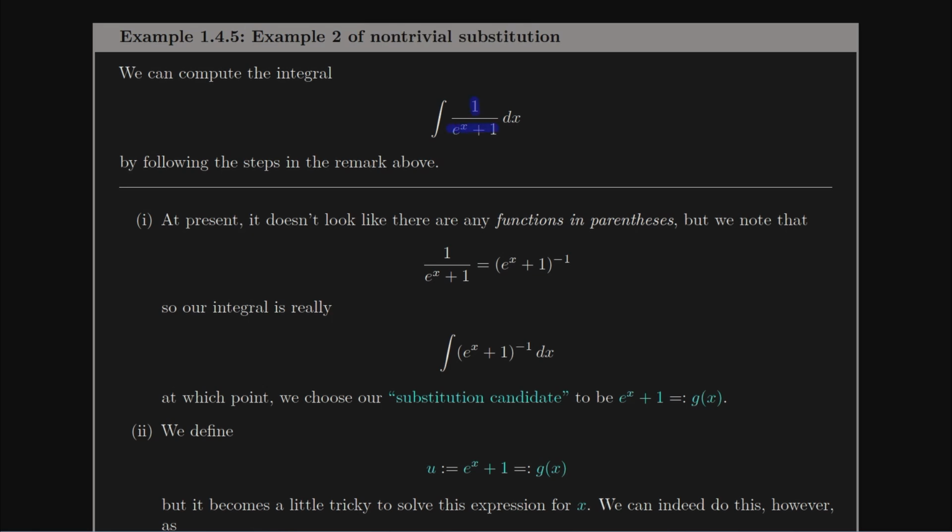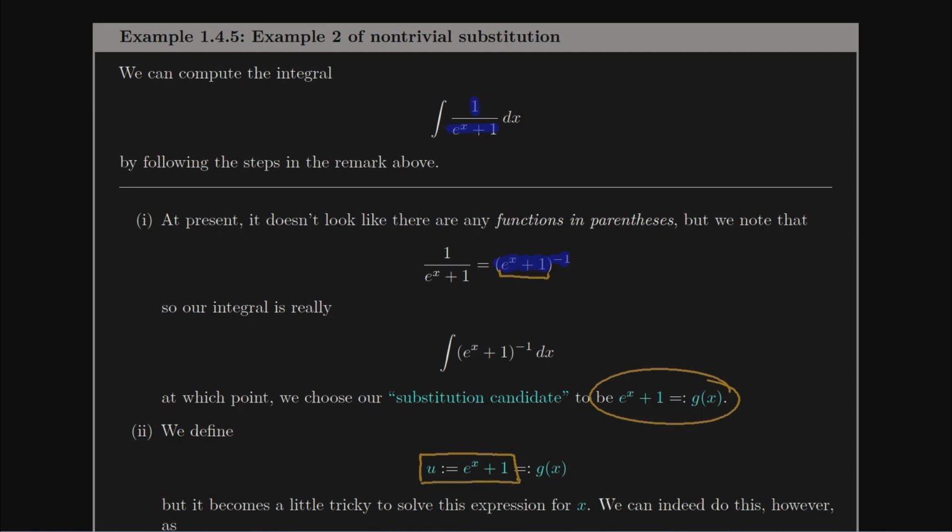Currently it doesn't really look like there are any functions in parentheses, but let's always recall that denominators can be written as negative exponents, or negative powers. So if we put parentheses around e to the x plus 1, we can write it to the negative first power. And then lo and behold, we do have a term in parentheses, which we're going to choose as our substitution candidate. In other words, I'm going to define u to be equal to this e to the x plus 1,